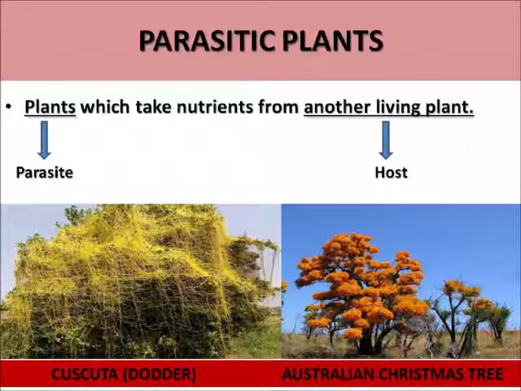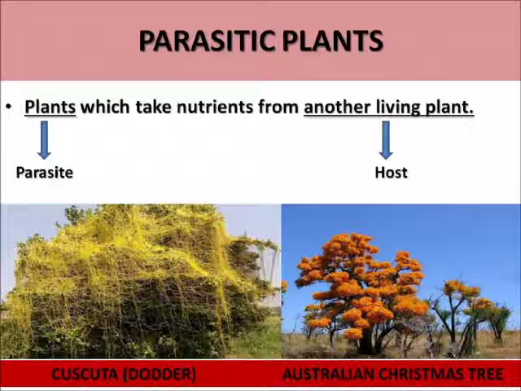Let me give you a very common example of a parasitic plant, and that is dodder or cuscuta. They both are the same plant. It has two names. We can call it dodder, we can call it cuscuta. You can see on your screen the yellow colored plants. Very thin leafless vines which you can see are these parasitic plants. Now can you tell me why they are yellow in color and not green? Yes, of course, because of lack of chlorophyll.